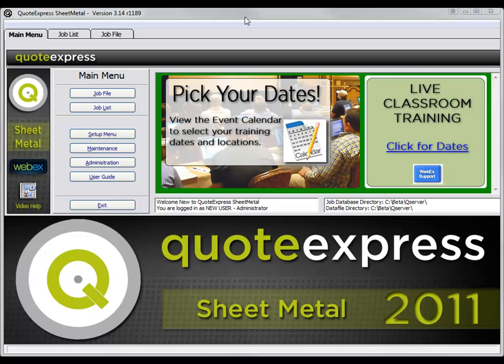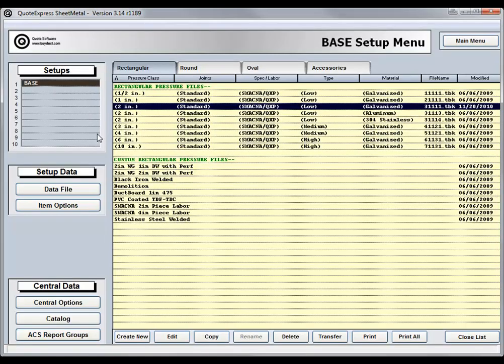Sheet Metal Training Step 4.1: An Introduction to the Rectangular Pressure Files. To get to the pressure files, we must use the Setup menu. Click the Setup menu from the Main menu button, and you'll be taken to your Setup menu where you'll see